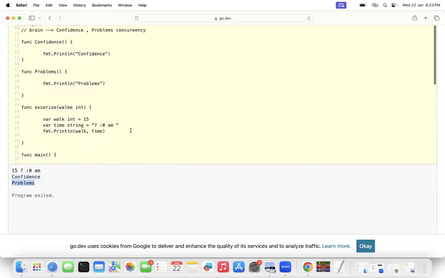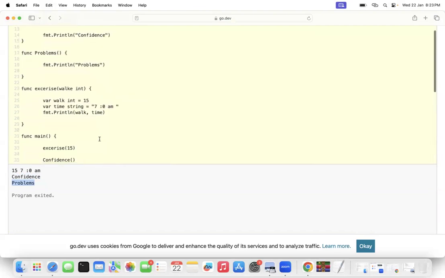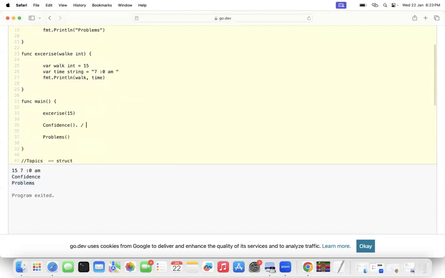But it's happening sequentially, completing one and then the other. Now I want it like your brain. How to do that? That is the concept of concurrency.